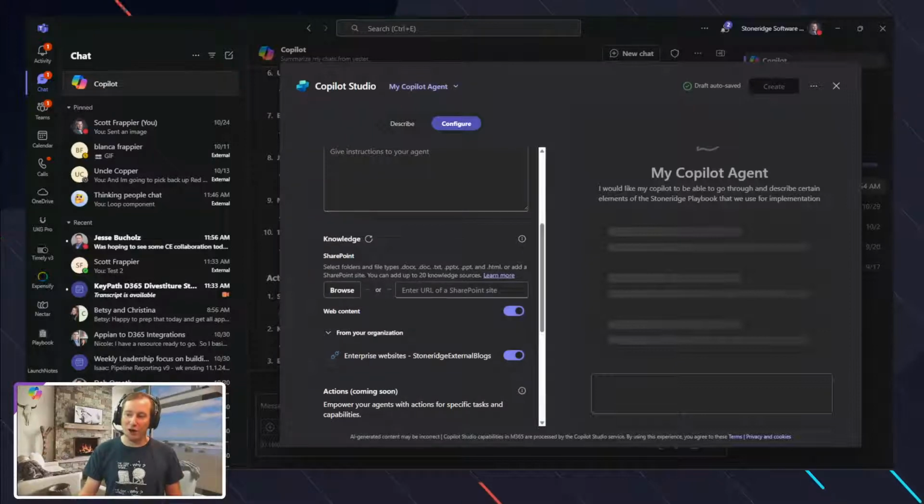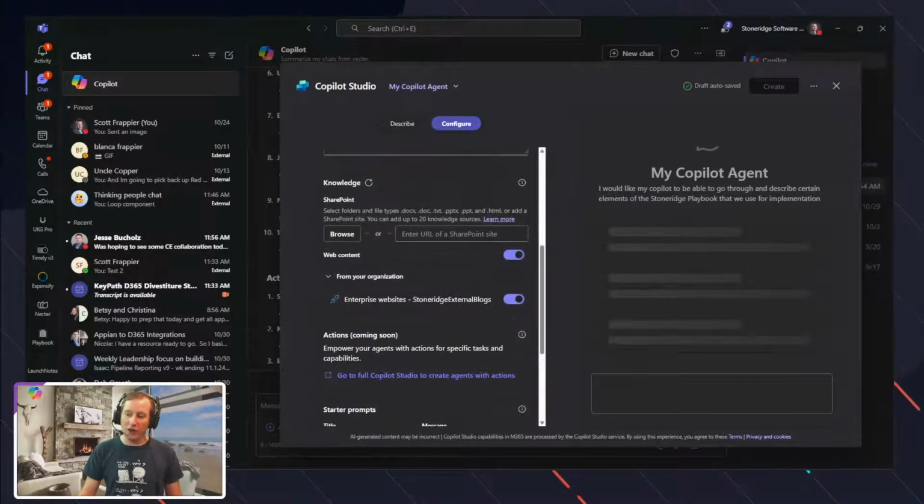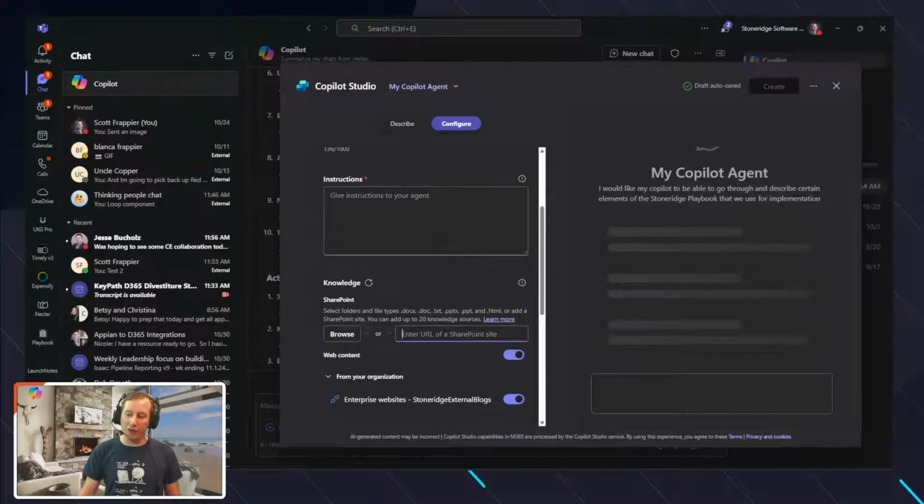So we're going to use blogs inside of here for this. And then also maybe I want to add a specific URL, or maybe it's the playbook that's inside of here. And what would happen then is it can create that autonomous agent that you can interact with to ask those questions. So think about an autonomous agent that addresses HR type issues, where if you have questions